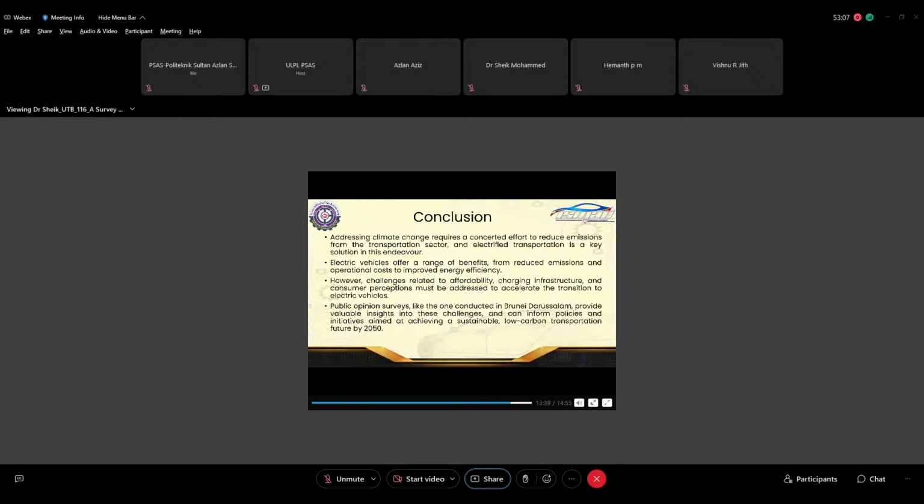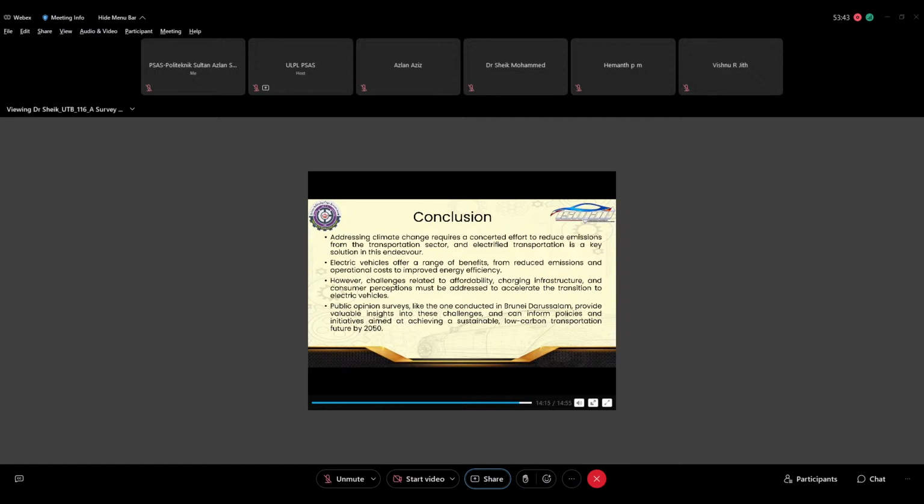So with these things, I would like to conclude the presentation with the following insights: addressing climate change requires a concentrated effort to reduce emissions from the transportation sector, and electrified transportation is a key solution in this endeavor. Electric vehicles offer a range of benefits, from reduced emissions and operational costs to improved energy efficiency. However, challenges related to affordability, charging infrastructure, and consumer perception must be addressed to accelerate the transition to electric vehicles,